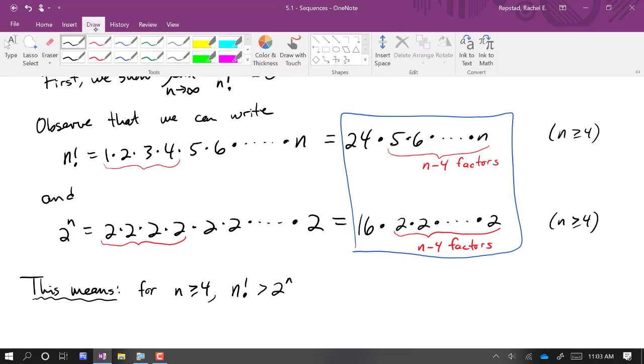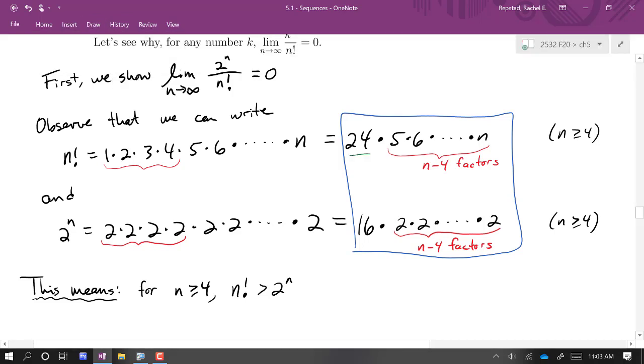As soon as I get to n equals 4, n factorial is 24 and 2 to the 4 is 16. So n factorial is bigger,